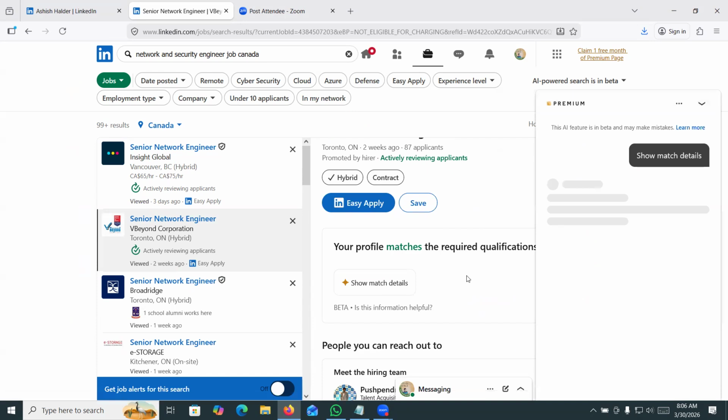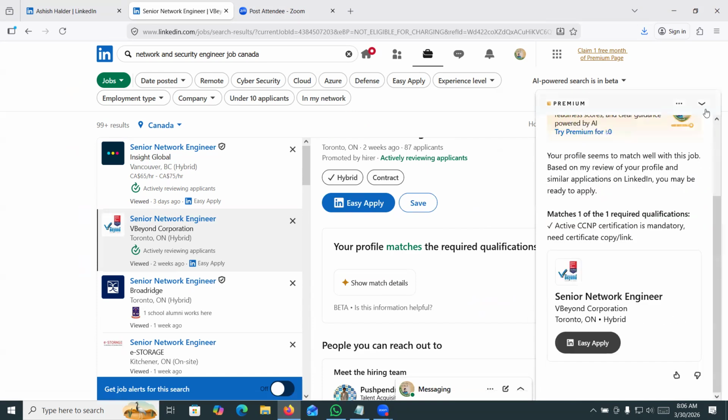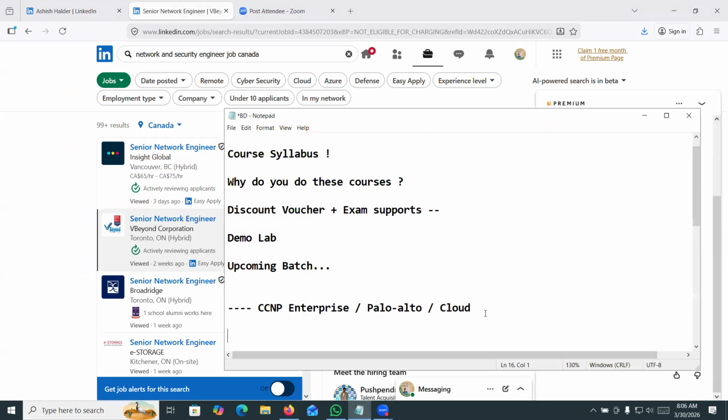In another job, active CCNP certification is mandatory. You can see active CCNP certification, so we can note down that these jobs are asking for CCNP certification.